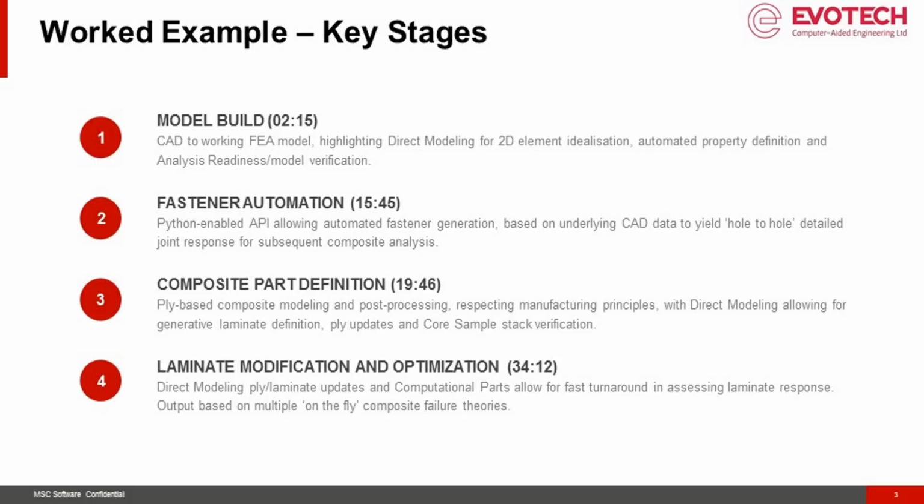Model build. So we'll look at CAD to working FEA model, highlighting direct modelling for 2D element idealization, with some automated property definition, followed by analysis readiness and model verification. Then we'll move on to fastener automation, and that includes a Python-enabled API and a script or macro which allows us to automate fastener generation based on the underlying CAD data, looking at hole-to-hole detailed joint response for any subsequent composite